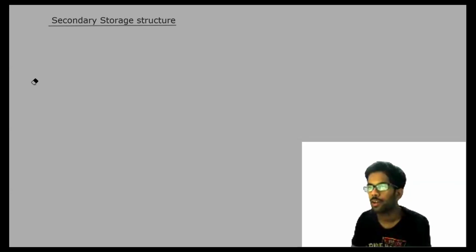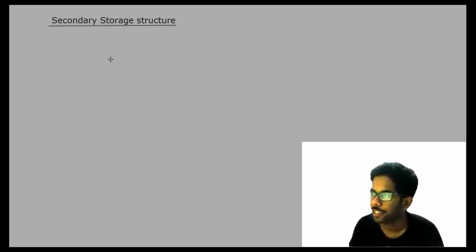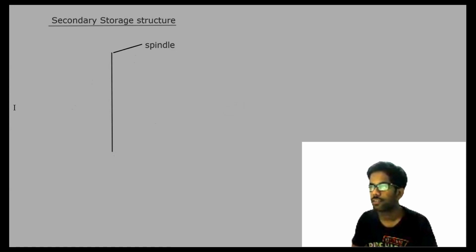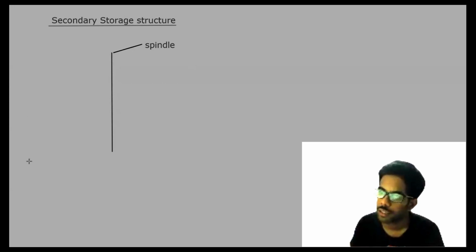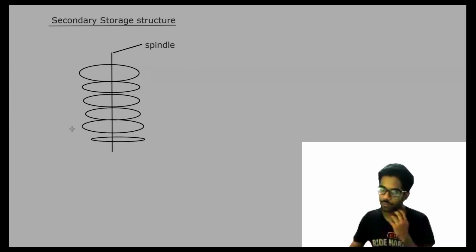Alright, so let's talk about what actually it is. So suppose I have some sort of axle here, which we call spindle. Let us assume that we have a couple of disks stacked over it. Like, alright,